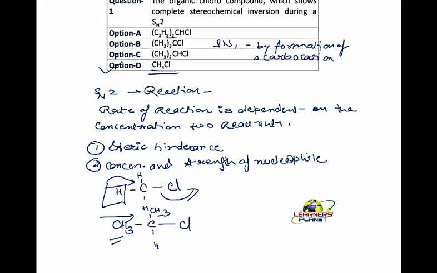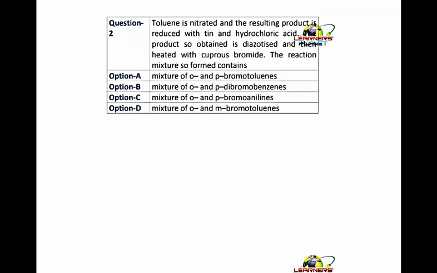Okay, always remember your tertiary halide undergoes substitution by the carbocation formation or by SN1 mechanism, and the primary undergoes reaction or substitution by SN2 mechanism, and it undergoes stereochemical inversion. That is called as what? Walden inversion. Okay, as the reagent attacks from the back side, the side where the leaving group is not present should be least hindered. Now let's take up our next question here.